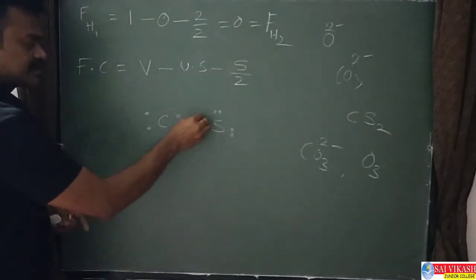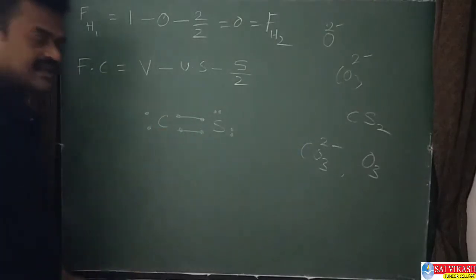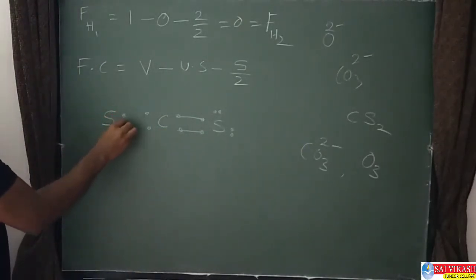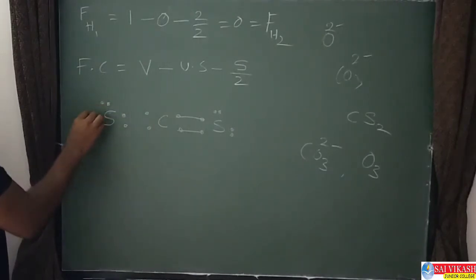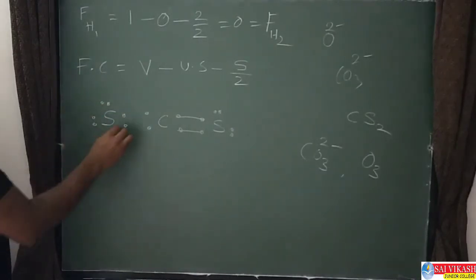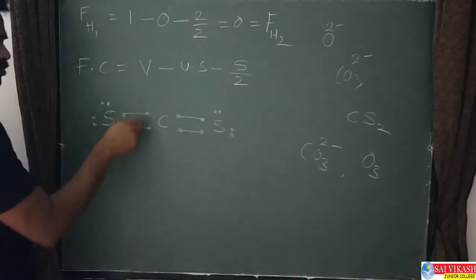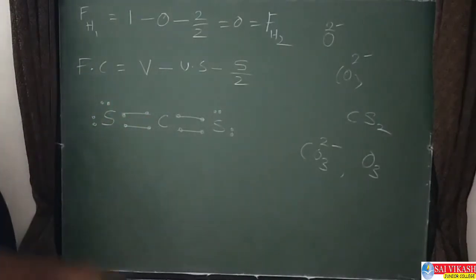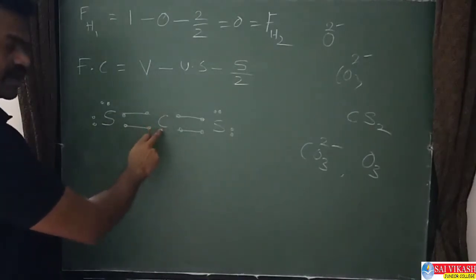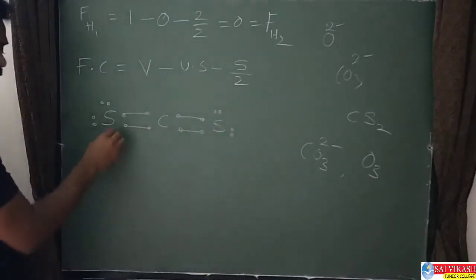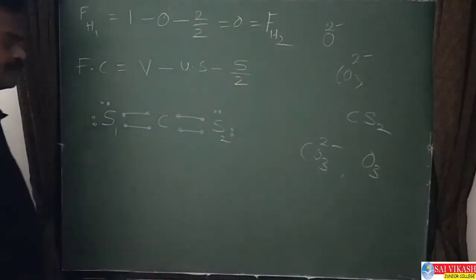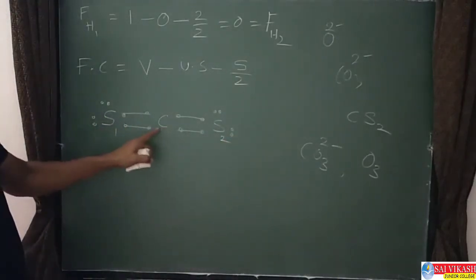These two bond pairs are forming bond like this, and another sulfur also same. We have two bond pairs and two lone pairs of electrons. So these two bond pairs are forming bonds. Lone pairs are still there. So we have one sulfur, one carbon, two sulfurs. I am giving this number: sulfur 1 and this is sulfur 2. Let's find out the formal charge of the carbon.